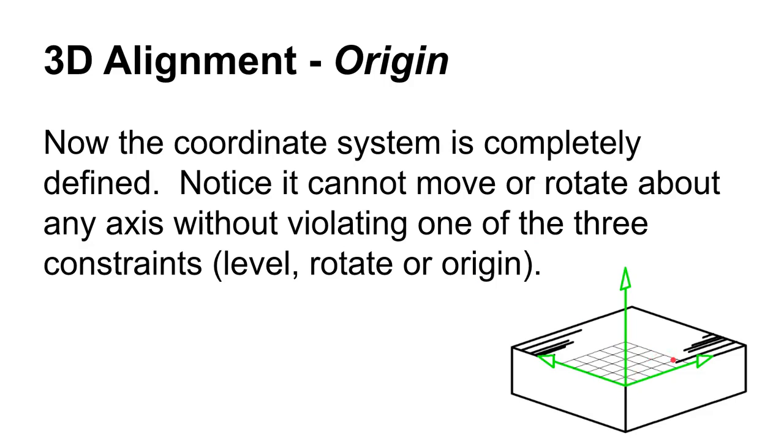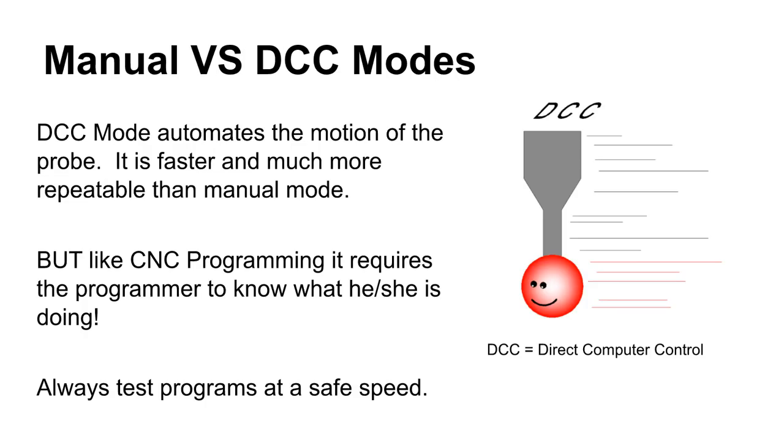And with those three things defined, we now at this point have a coordinate system. We have a part coordinate system. And where we put that, like I said, should align with the way that the datum reference frame is called out in the GD&T. You know, datum A, B, and C, that kind of thing.